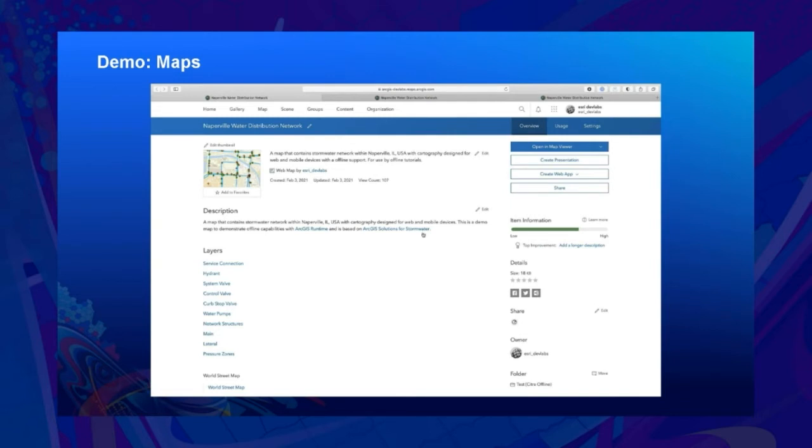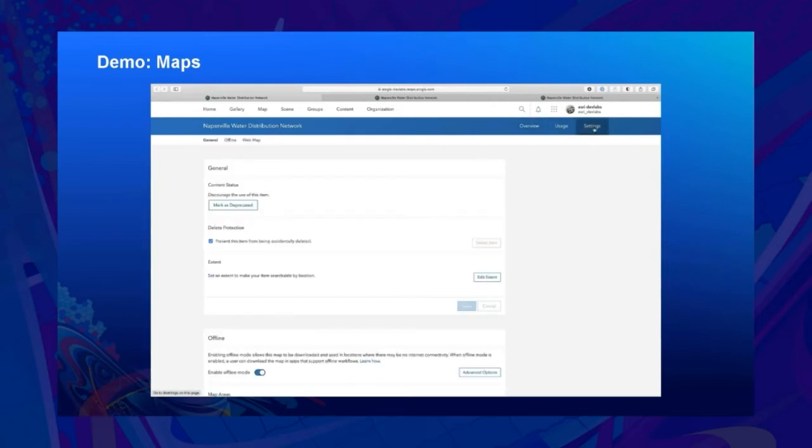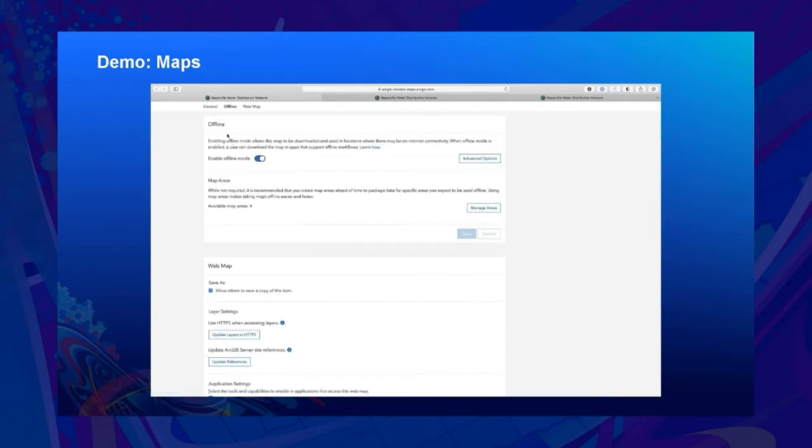So we created the web map when we saw it in the previous browser window. Now we're looking at the details for this item in ArcGIS Online. We can jump over to the settings tab. And if the layers in the web map are enabled for offline use, then there's an offline tab available to you here. And you can come down here and enable the web map itself for offline mode. We'll come back and look at this map areas bit in a bit. But what that looks like when we run it